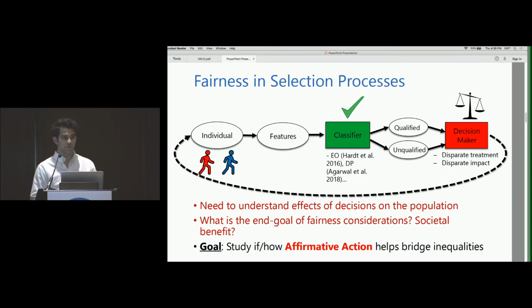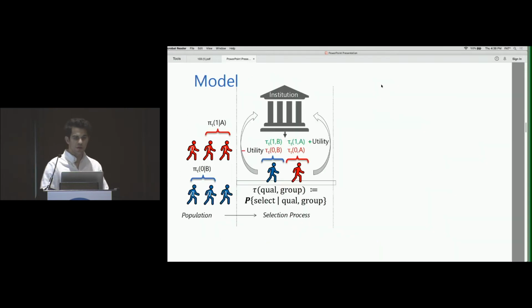So when we're thinking of affirmative action, we think of it as a temporary measure. We want to get to a state where acting with or without it is going to lead to the same decisions, meaning we have equal treatment and equal impact. And this precisely happens when we have equality between the two groups. So really, if we accept that social equality is the end goal of non-discrimination, the question then becomes, does affirmative action lead to it? To try to get an insight into these questions, we're going to consider an illustrative model